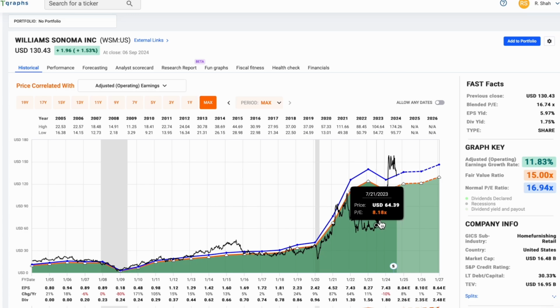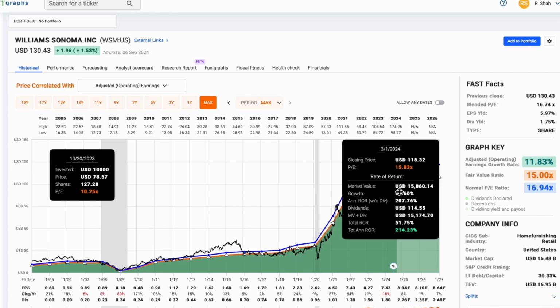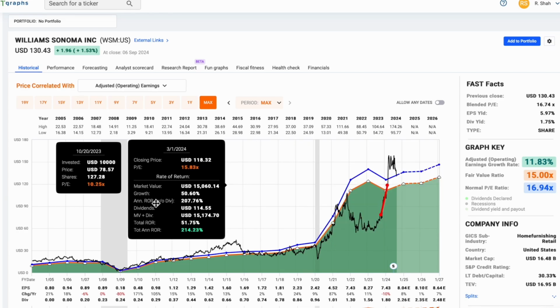And I bought this stock for clients, I don't remember off the top of my head, somewhere around here in October. And we sold out of these client accounts early in 2024. And you can see in this example about a 52% return in a very short period of time. And again, this is an extreme case. You're not going to always make 52%. You might make 5%. You might lose 5%. You might lose a lot of money.